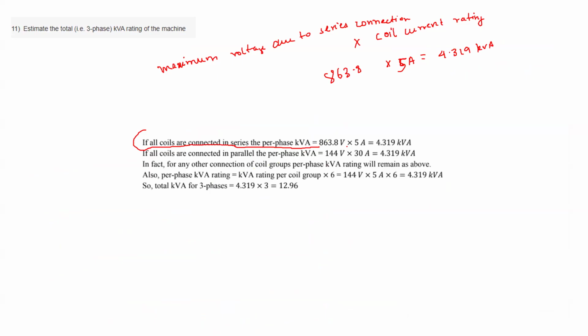Okay. But we are not interested in this. So you see, this is the kVA rating per phase. Remember, because we did it for one phase, right? But they are asking three phase kVA rating. Okay, so that is why it is important to read the question. Either they are asking three-phase kVA rating or per phase kVA rating, right? So they are asking three-phase kVA rating, so it becomes 3 into the per phase kVA.